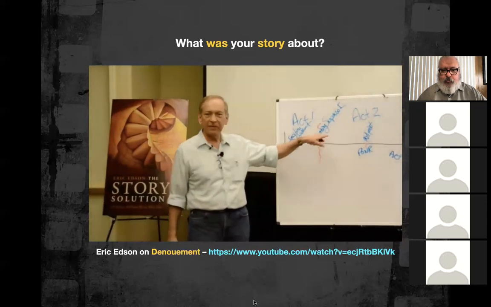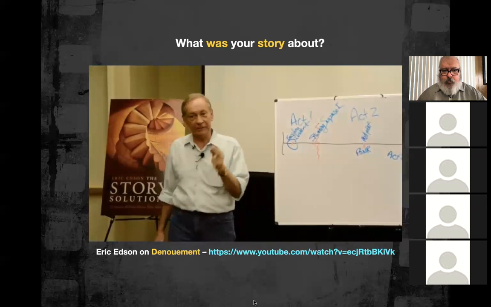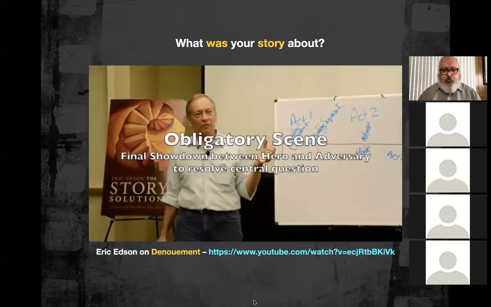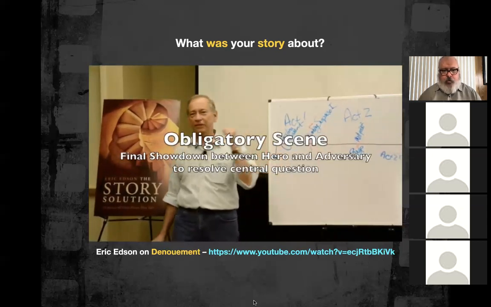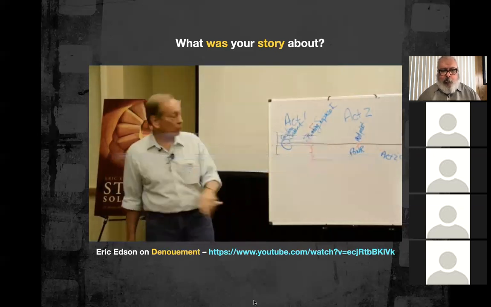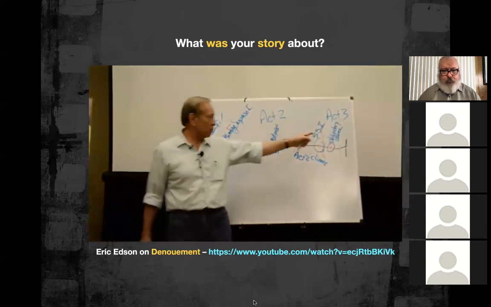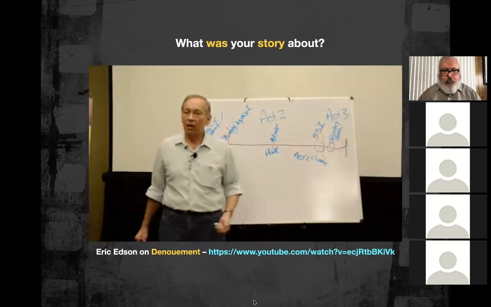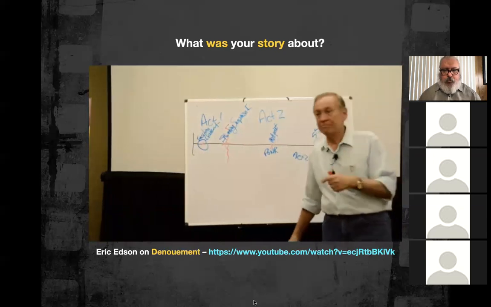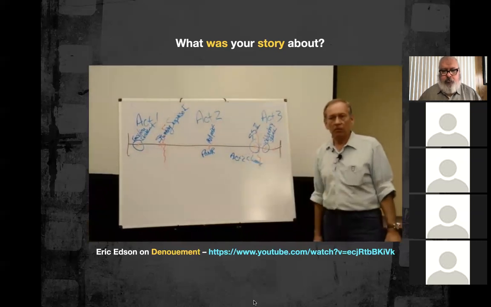And this is why your adversary has to be a human being, and they have to be a very strong human being. Look at Maximus and Commodus. Mano a mano, hand to hand, one will kill the other to decide the dramatic question of the story once and for all. We thought it was going to be decided here, but no, no, no. It is decided once and for all in the obligatory scene, and that's why the adversary has to be personified as a human being, because they have to go at each other, the hero and adversary, for all the marbles at this point.